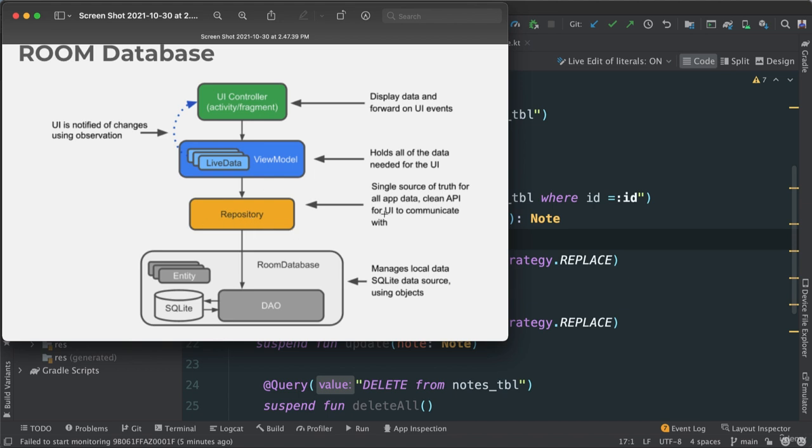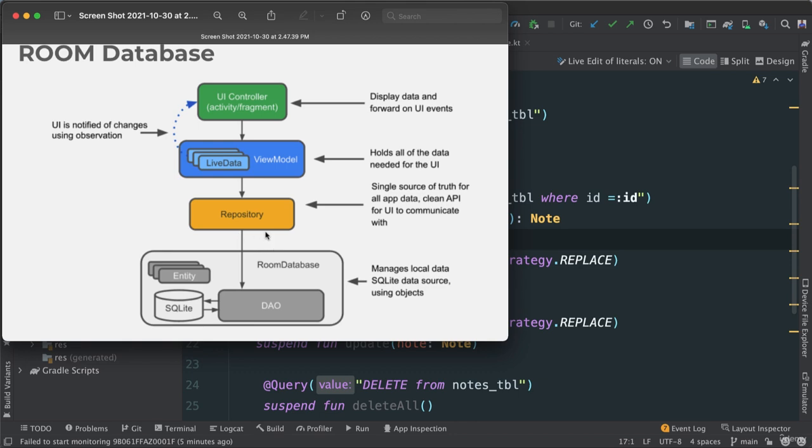Now, as I said before, having a repository is optional in the sense that it's not part of this architecture for things to actually work properly, right? So a repository is optional, nonetheless useful, because it's the place where we can have the clean API, a way to cleanly communicate with anything else upwards, like a view model and the user interface and so forth. So we're going to create the repository, even though it's not a structure that is needed per se, but it's